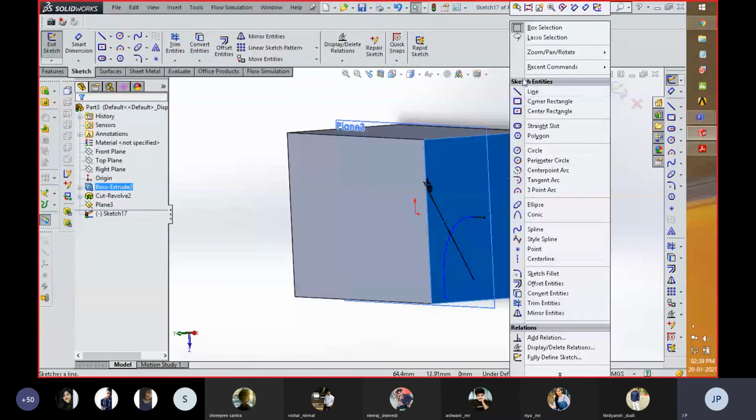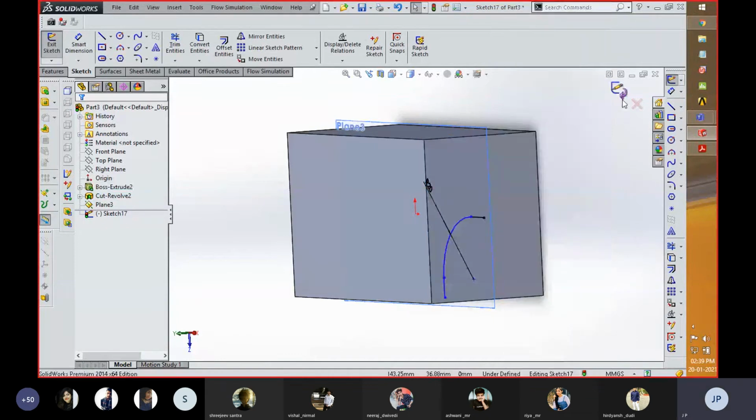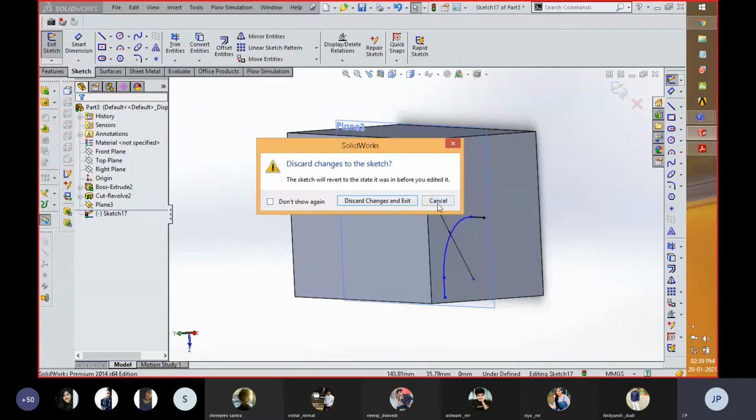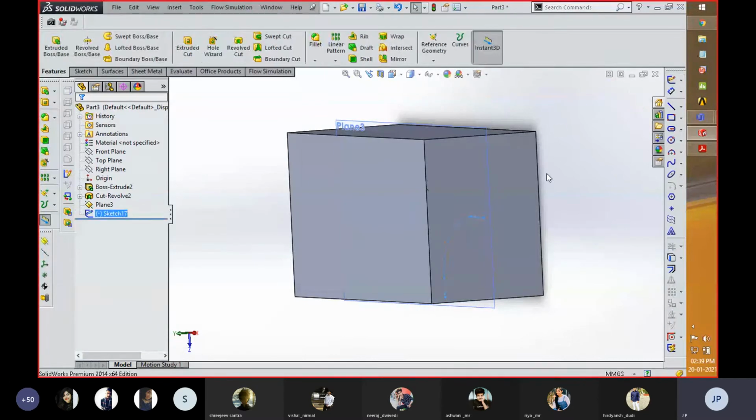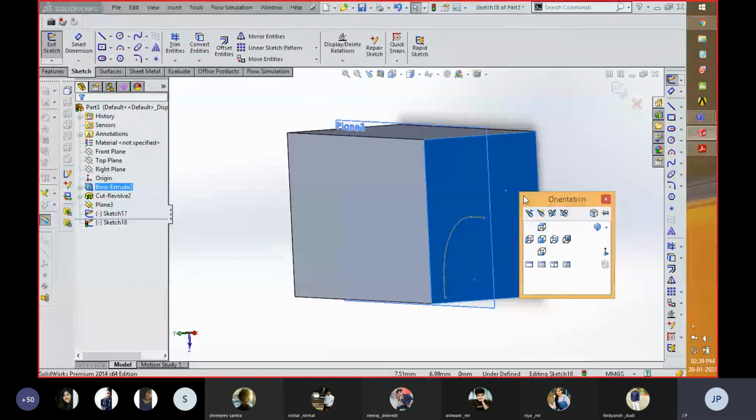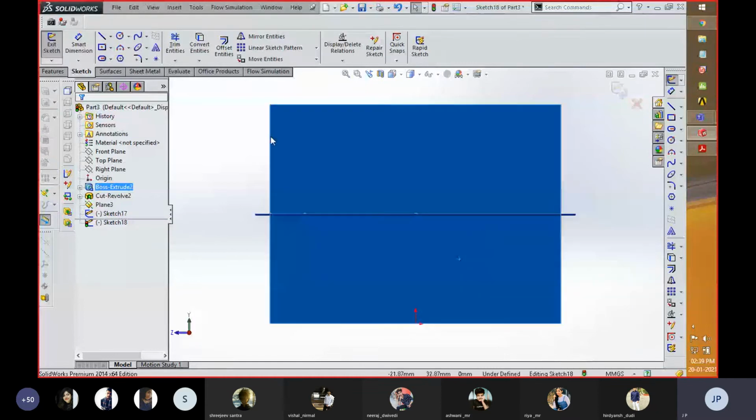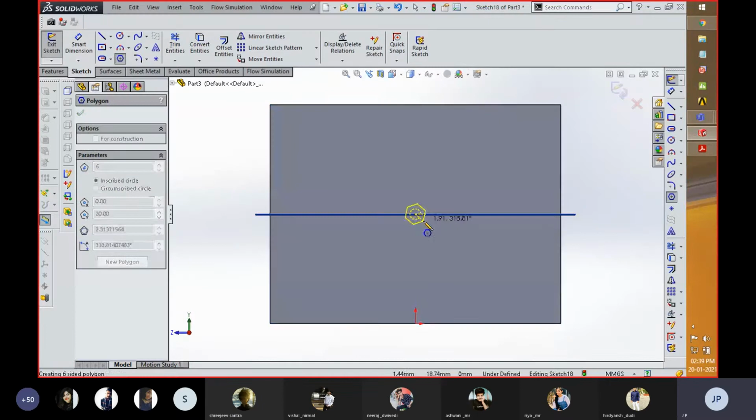After that I need to create a profile over here. Okay, first of all I cancel. I need to create a sketch over here, then keep the normal component and create a sketch at the center of that path.